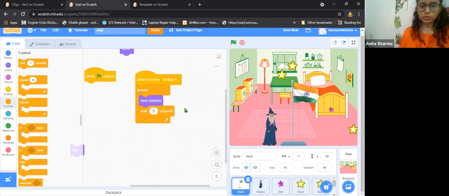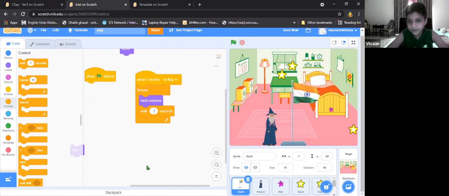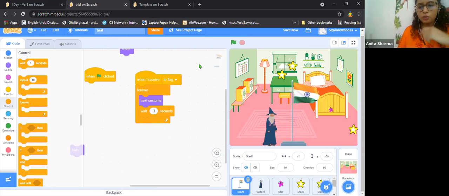How to reduce: we'll be putting the number in decimals, let's say 0.3. So let's try with 0.3. Yeah, it is working fine. But if you feel like it's still slow, you can reduce more. You can put 0.1 also. So I'll be using this 0.3. Ma'am, 0.2 will be fine. Okay, 0.2 will also be fine, right? Now let's see what happens.